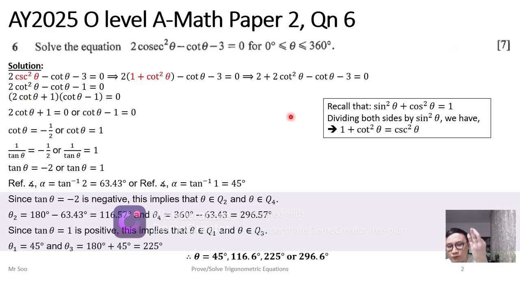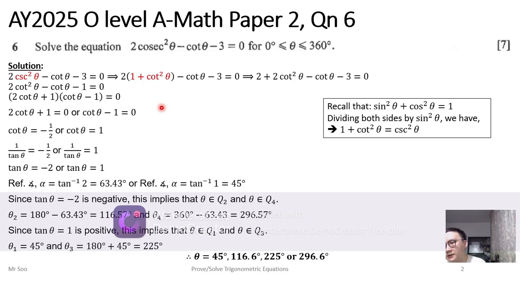Your calculator only has sine, cosine, tangent. So for this expression, if you want to do a sanity check, you need to rewrite it as 2 over sine squared theta minus 1 over tangent theta minus 3 equals 0. Then you substitute each of these 4 answers. Make sure you get 0. Okay,